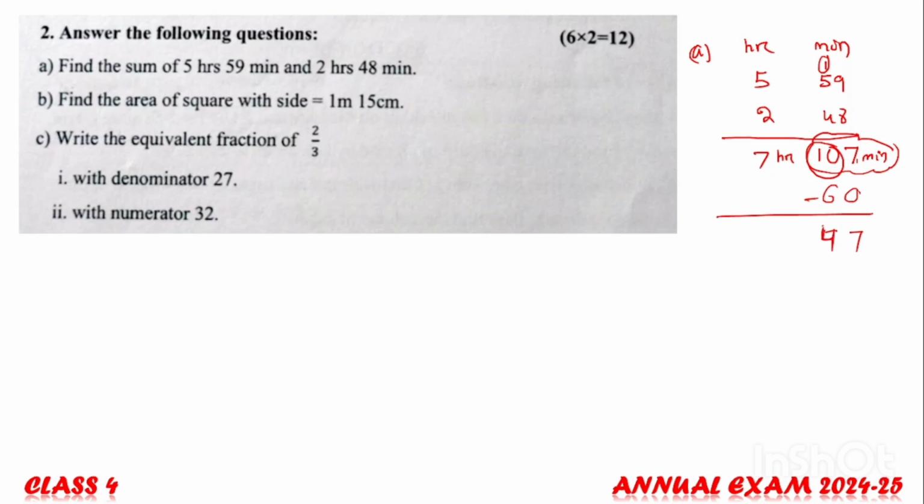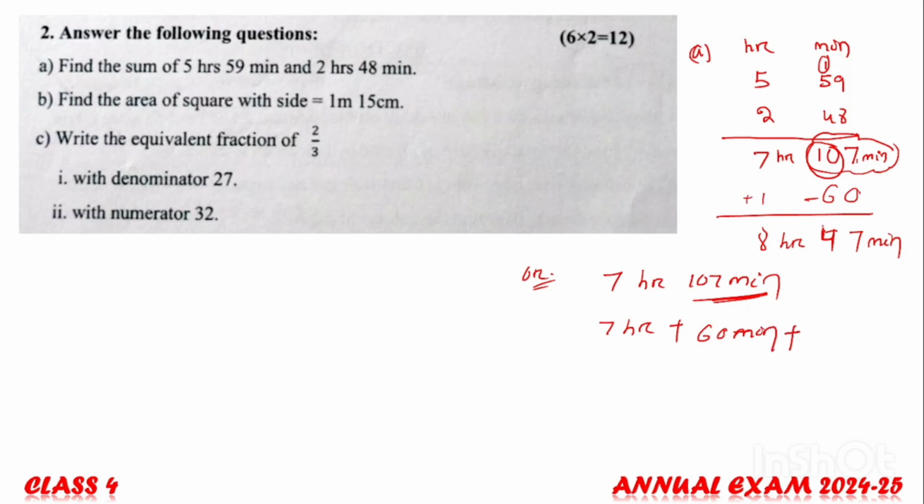Now here is 8, simply we add 1. Now 8 hour 47 minutes. Or we can write it this way, so the sum is 7 hour 107 minutes, yes or no? So we can write 7 hour plus 107 minutes, we can write 60 minutes